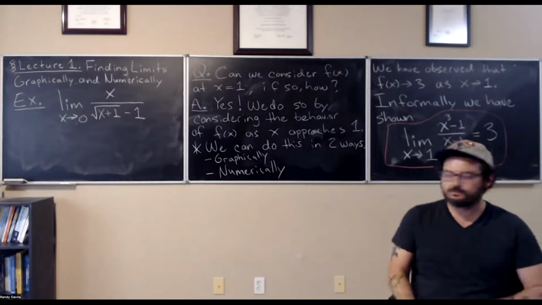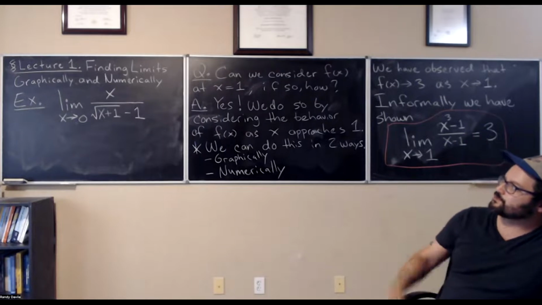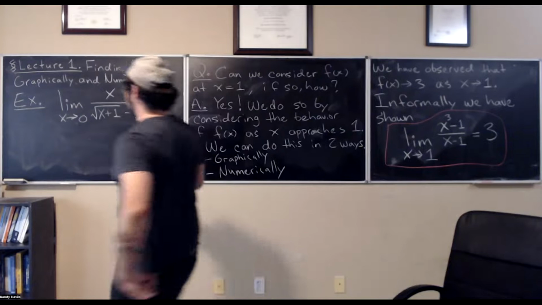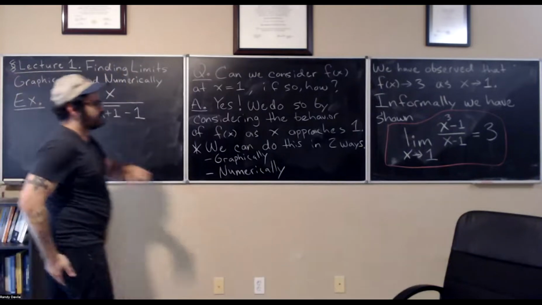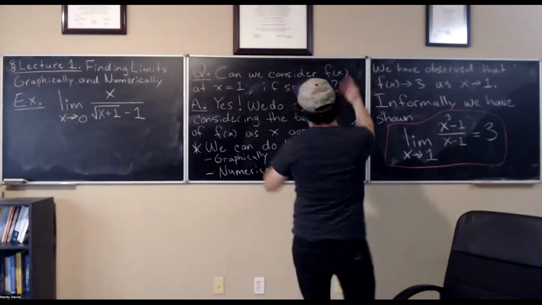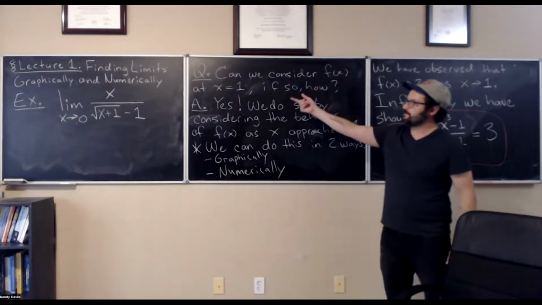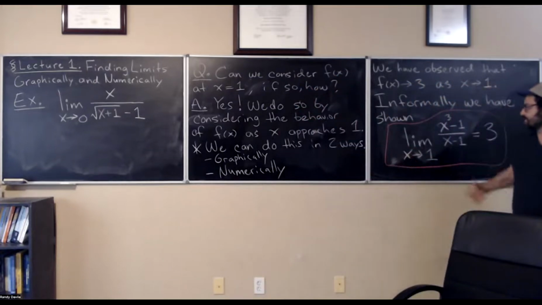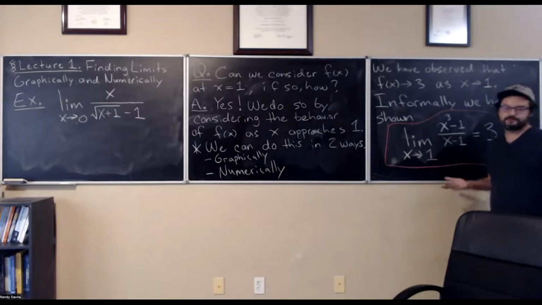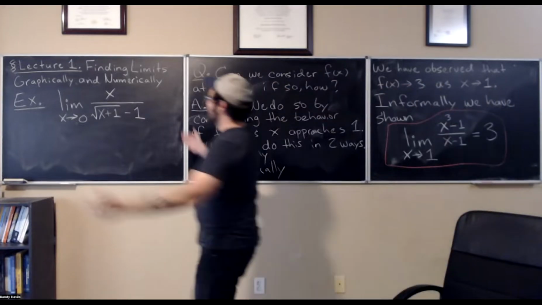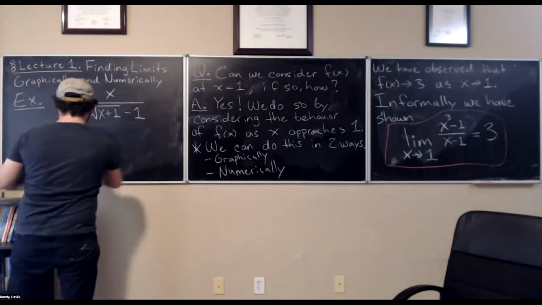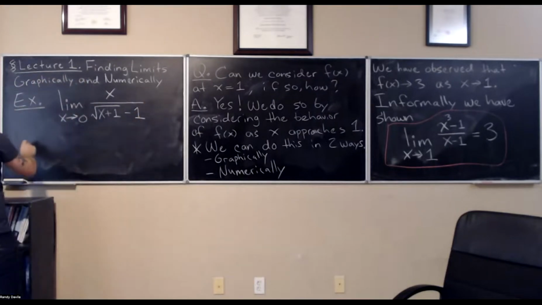So maybe I should say a little bit more about this. What we just did was considering the behavior of a function as x approaches 1, this other function. At the very end, that's what I told you is what's called the limit. So here, this thing is some function, right? There is some function. I don't know, call it like